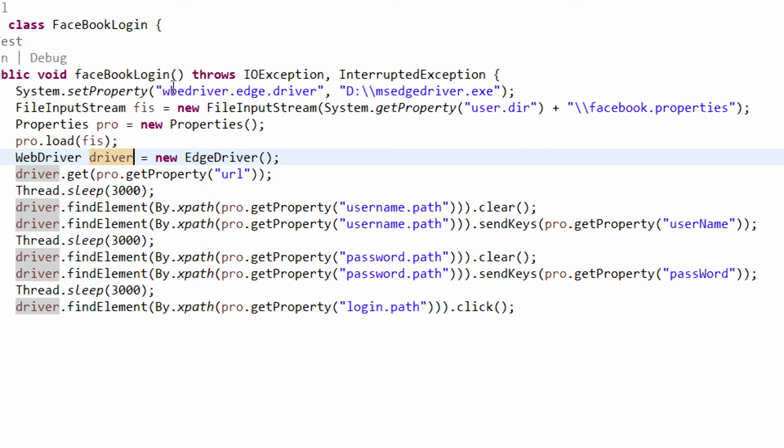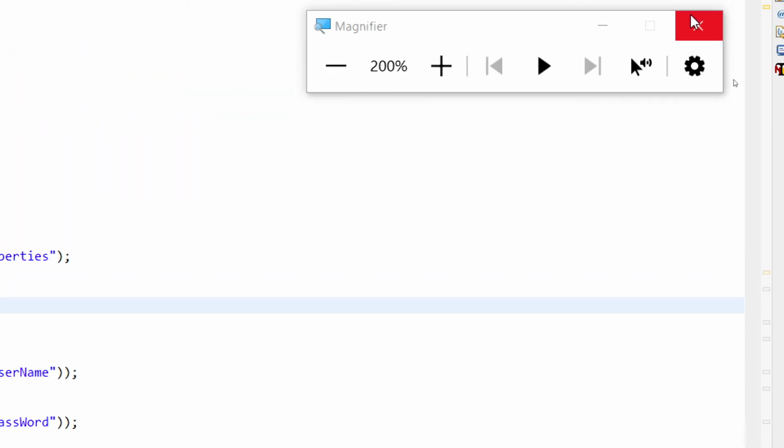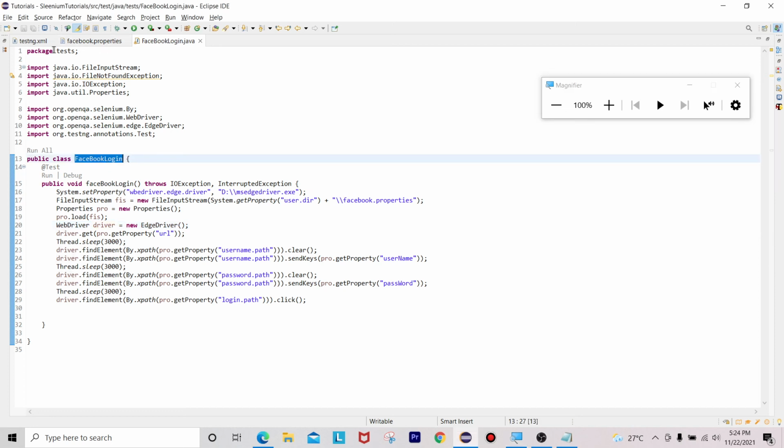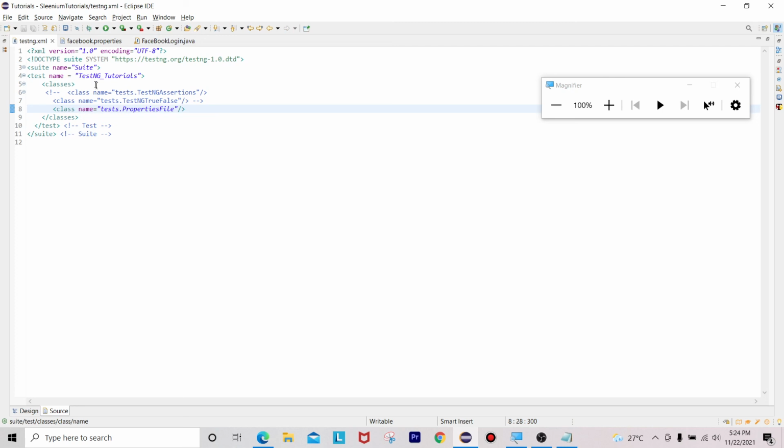Okay, so let me quickly execute this test case so that we'll see how it works. Let me take this class name and add this class name inside our testng.xml file.